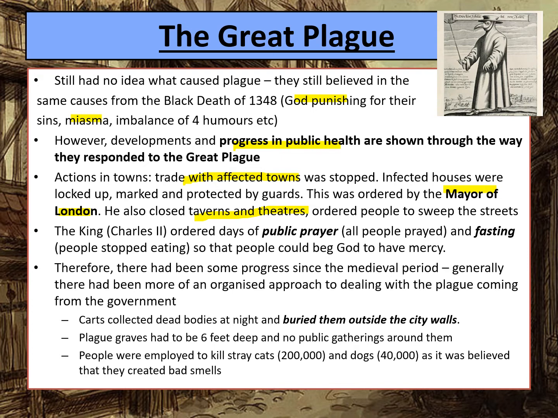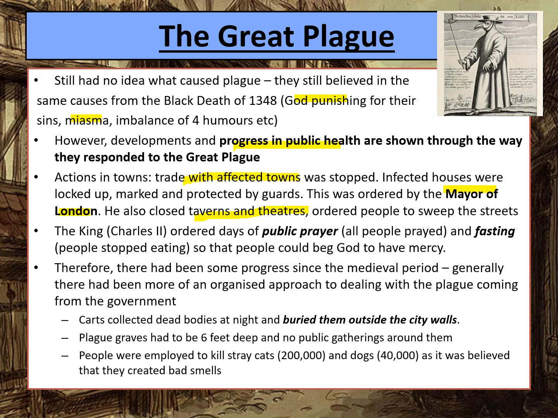Although obviously, in most cases, all of the family would have then died. But he then ordered that their bodies were to be buried in graves that were at least 6 feet deep, to try and make sure that those bodies didn't basically contaminate other bodies. So there had actually been some real progress here with the Mayor of London's actions, because that's much more about central government taking more of a leading role in this, much more than they did in the Black Death. Essentially, they didn't really do anything in the Black Death,